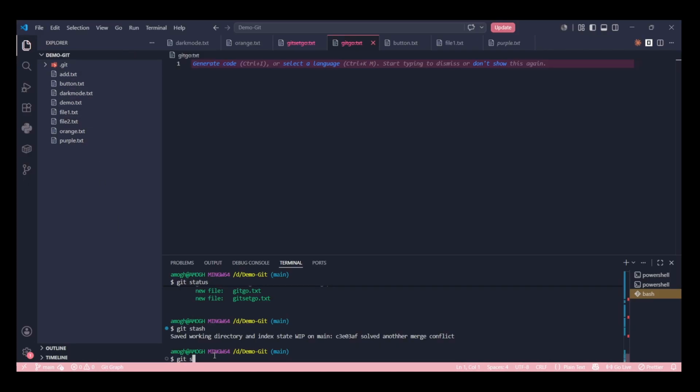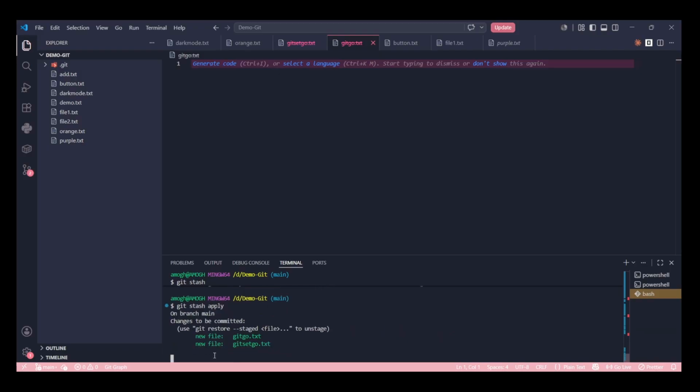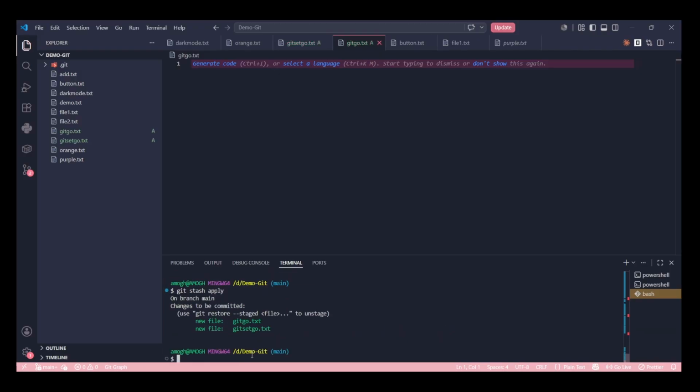Now if I do git stash apply, again I'll get those things. This is used if, suppose, you have done some changes but you don't want to commit them, and you also don't want to lose them. So what you'll do is send that work into a stash area for now, keep it there, and work on something else. For suppose you want to go into another branch and work on something there, you'll go there. Done. Is this okay? This is not such an important topic. I have just said it.